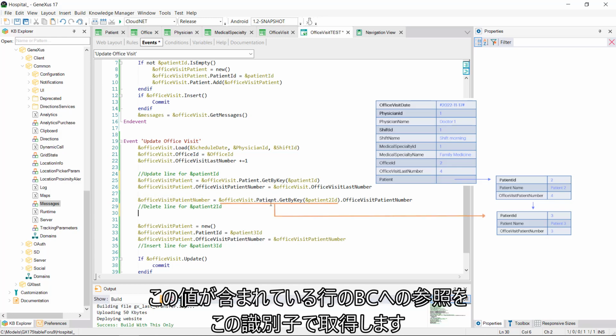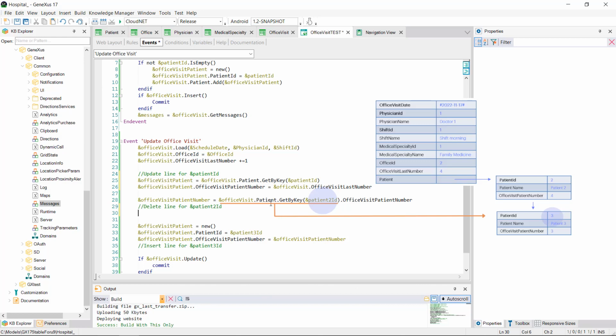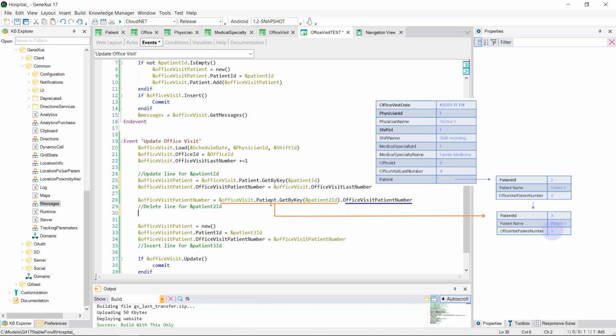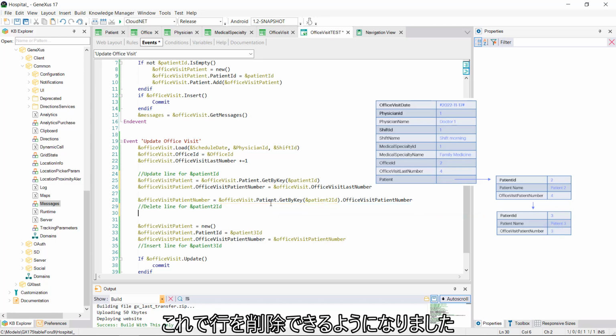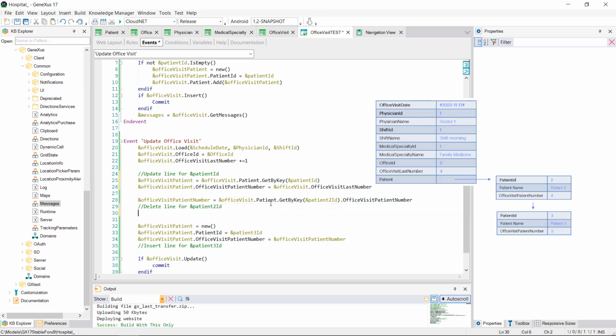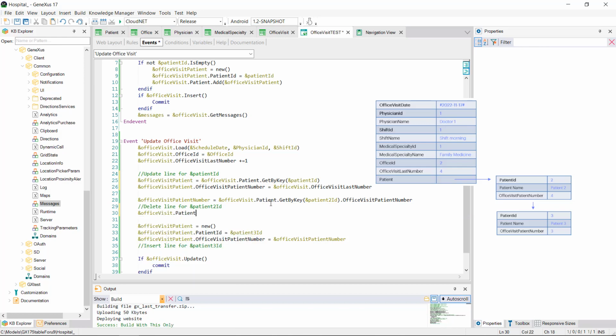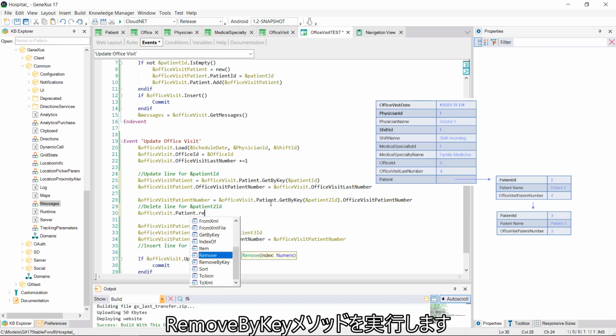Here we're retrieving a reference to the BC of the lines that have this value in the identifier. And from that BC, we're asking for the patient number. And now we can delete the line. To do so, on the list of patients for an office visit, we run the removeByKey method,